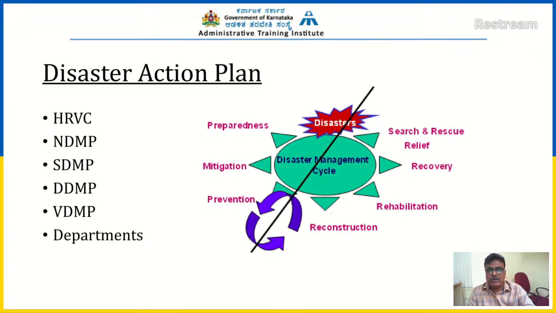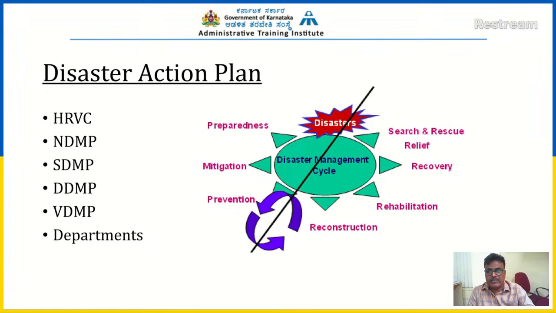If I ask you what the different types of plans available in India are, I can say we have the National Disaster Management Plan, already prepared by the Government of India, Ministry of Home Affairs. We have the State Disaster Management Plan in Karnataka and in every state, in fact. This has been prepared by the Center for Disaster Management, ADI Mysore, which we prepared and submitted to the government, and which is under implementation. And we have District Disaster Management Plans, prepared by all the district administrations under our guidance and training programs. We have also village disaster management plans.